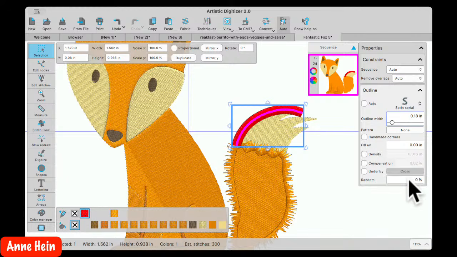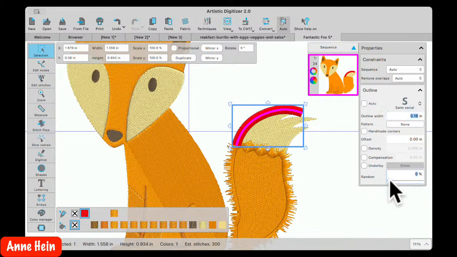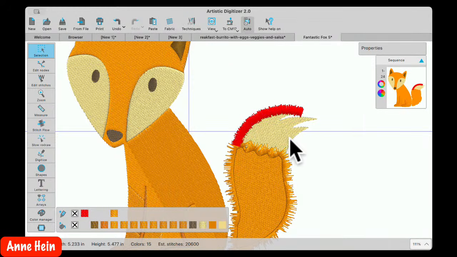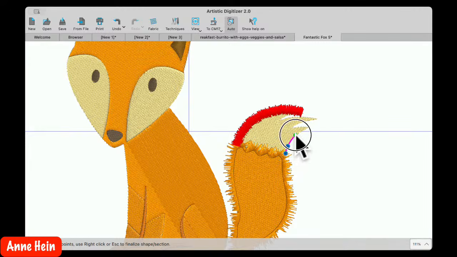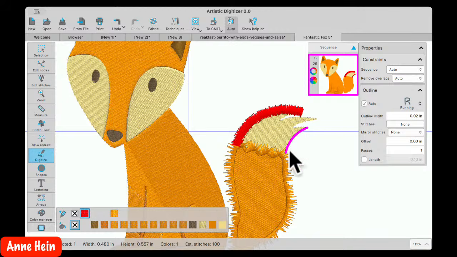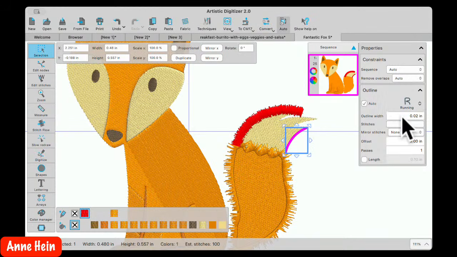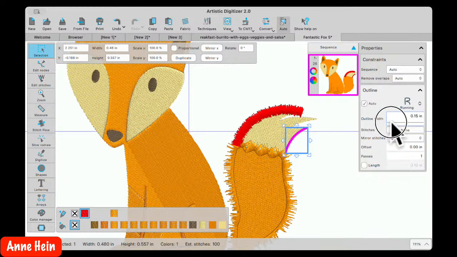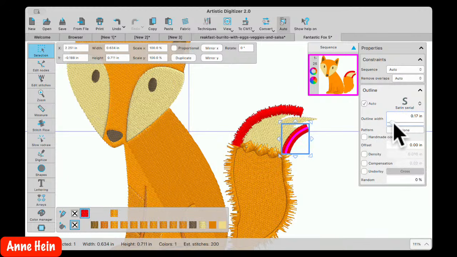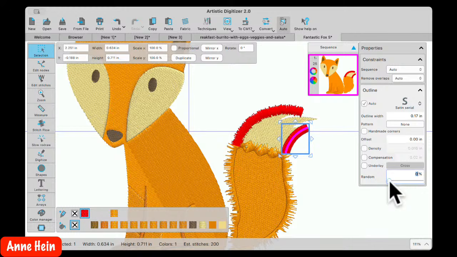I see random again. I can pick the random, and then I can move this out a little bit as it makes its randomness. And maybe I want that. I might want that on both sides. I don't know. And then I can add another line on the other side, like this. End shape. And if I wanted to add one on the next one, let's do this next one here, and we'll move the width up here, maybe not quite as high as the other one. There we go. And then random,